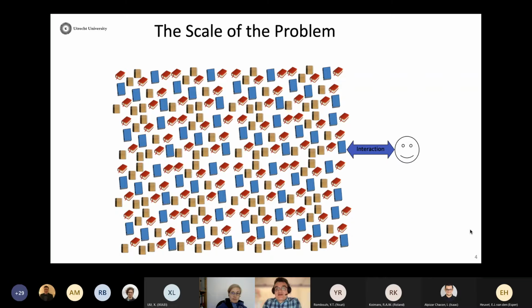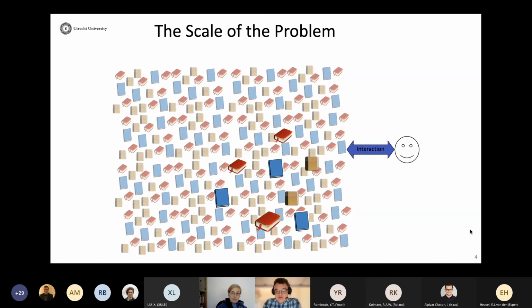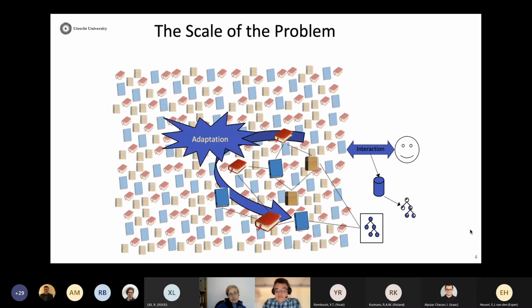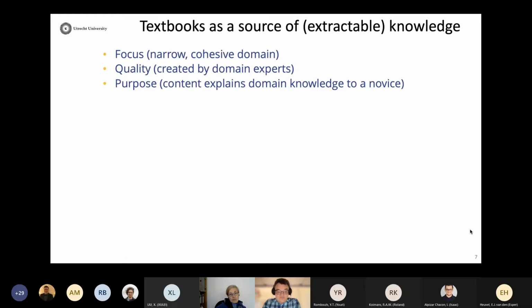Can we automatically discover the good learning objects? Can we automatically link them together and link them to the domain model? Can we then, through these links, interpret the interaction that the student has with these learning objects and populate the student model, and then basically complete the adaptation loop and maintain the interaction between the student and these learning objects? So this is the challenge that basically underlines the research that I'm about to present.